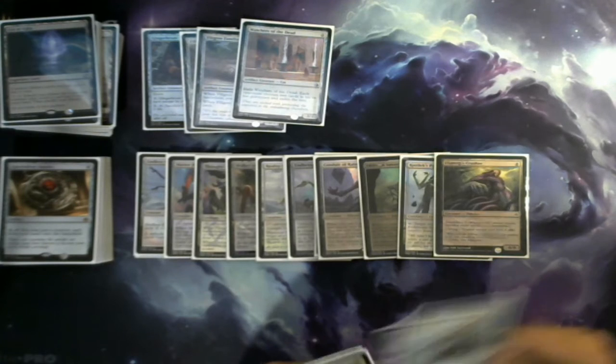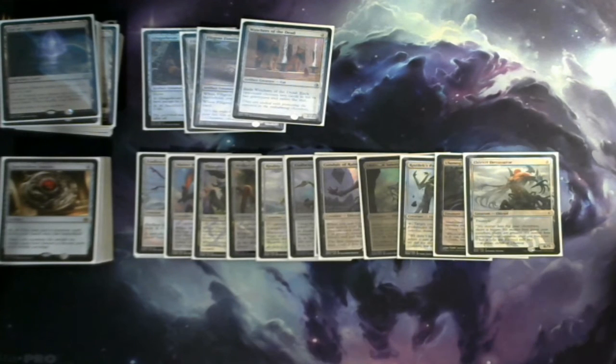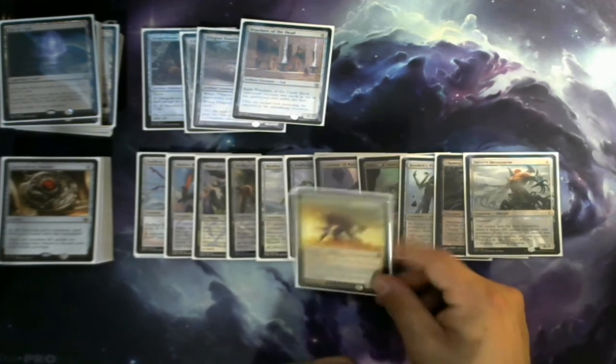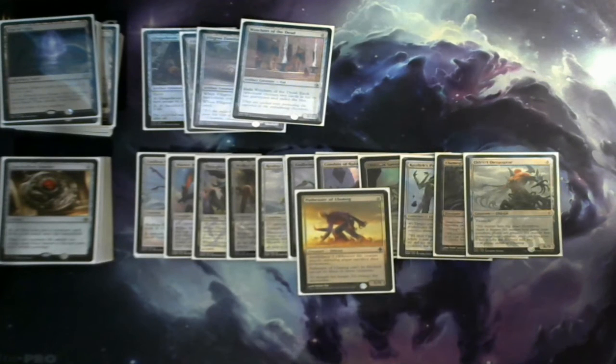The Eldrazi Devastator. He's an 8/9, 8 cost. He has Trample. That's pretty much the only special ability about him. And I have 2 more cards. This one is an 11 cost. It is the